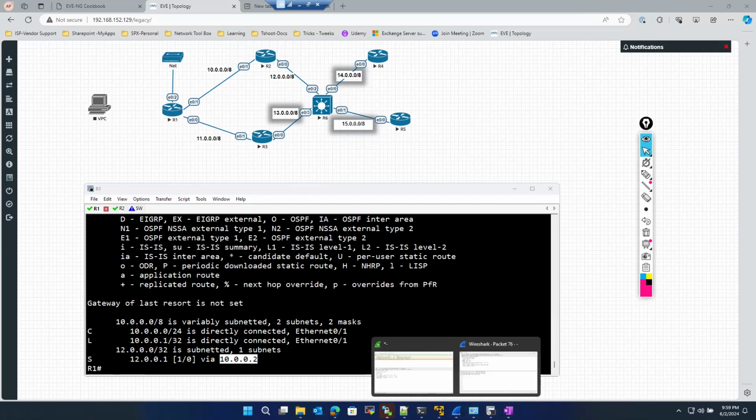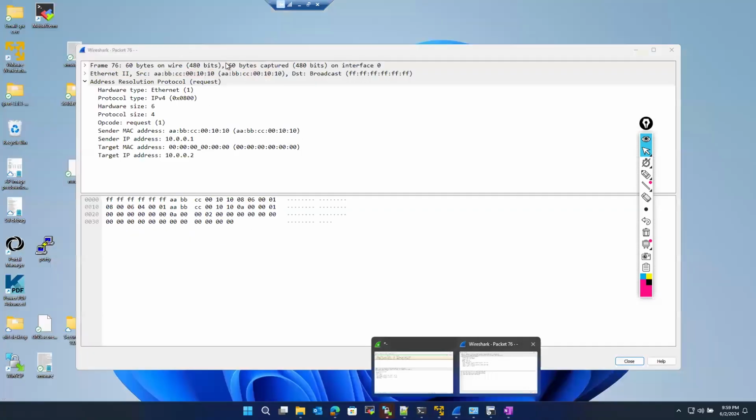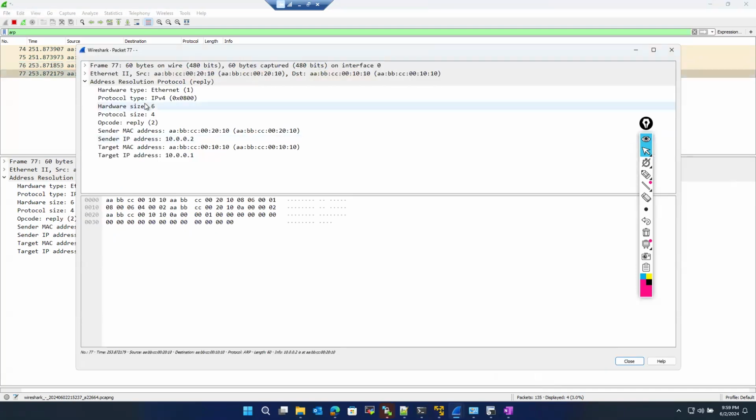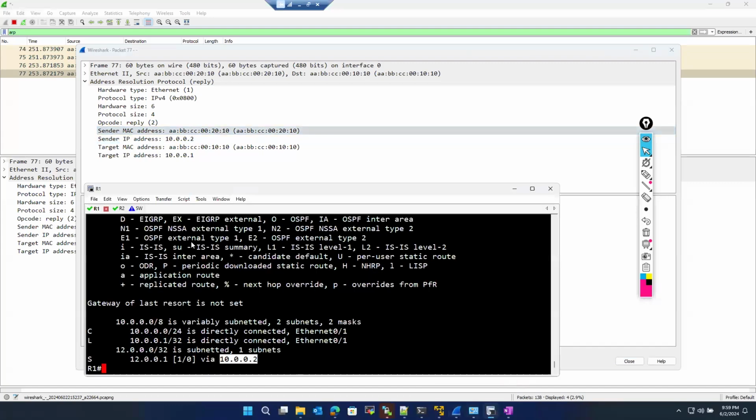So now it sent an ARP request telling who has 10.0.0.2, and it's asking my egress port 10.0.0.1, the local router. And see, the sender MAC is my computer. The sender IP, sorry, this is from R2, right? If you go and check R2,